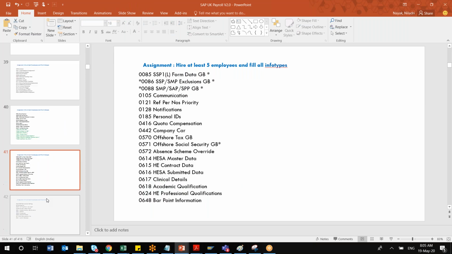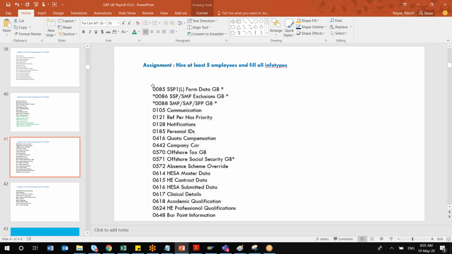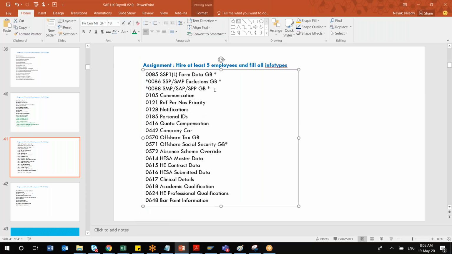Then we'll be starting the remaining topics. So this is the starting point. There are certain info types for UK payroll. We call it PYGB. That is a code, not a transaction code, rather a payroll code for your UK. They call it Great Britain because United Kingdom's old name is Great Britain. For that reason, you will be finding most of the documents calling it GB, like offshore tax GB. Across SAP, they have maintained the same terminology. Do not confuse around that.